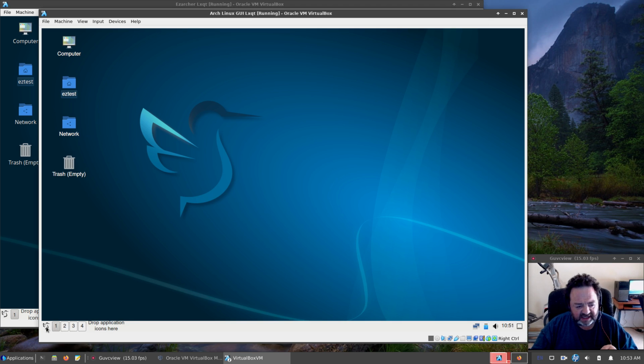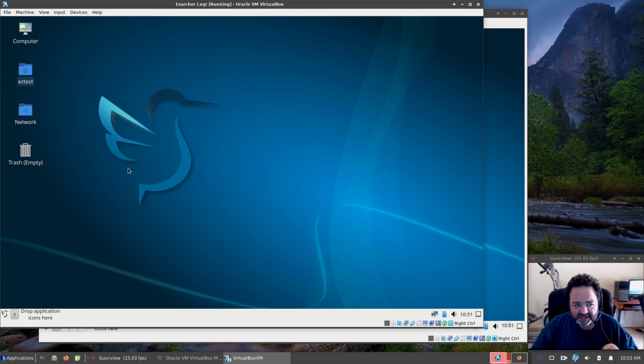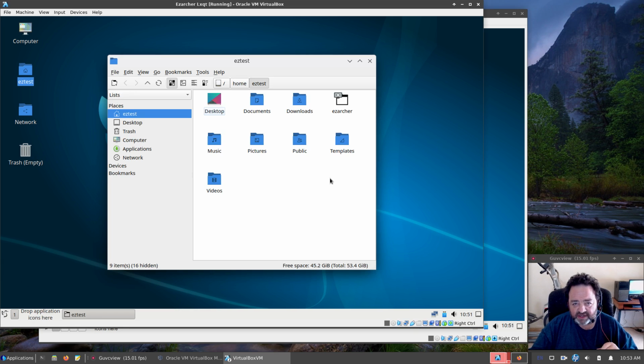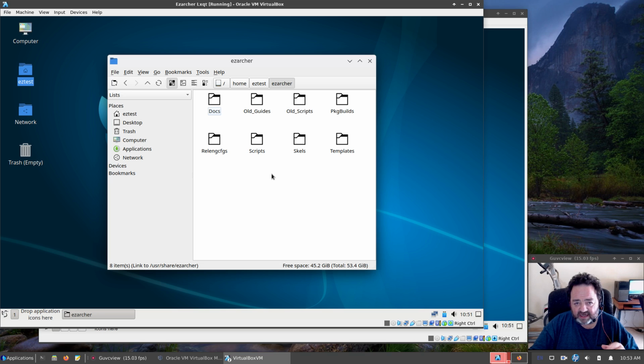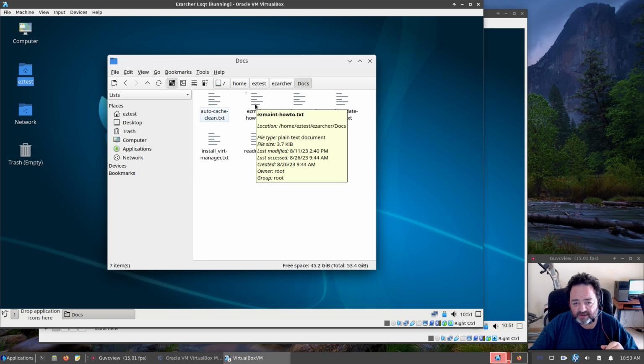Let's see, anything else? One difference that I put in, and this is only because the purpose I have for this system is to allow me or anyone else to figure out how it's made and either build it yourself or customize it and build it yourself. I include a documentation folder on my systems. In my documentation folder are some text files that tell you how my EasyMaint program works, how to get started with Arch ISO,